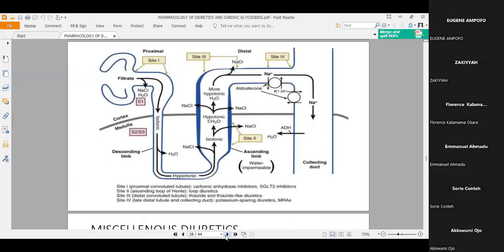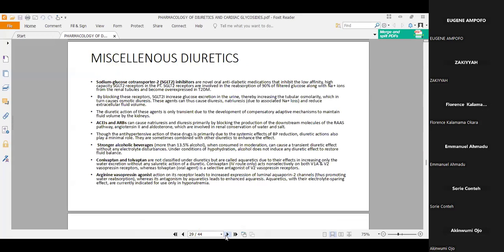This is just a summary of the different sites of action of the diuretics earlier discussed. So we have some miscellaneous diuretics. This includes the sodium glucose co-transporter 2 inhibitor. It's a novel oral antidiabetic